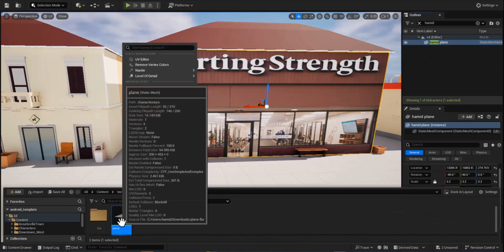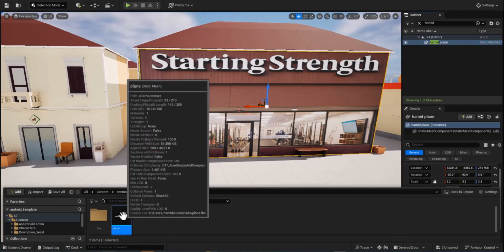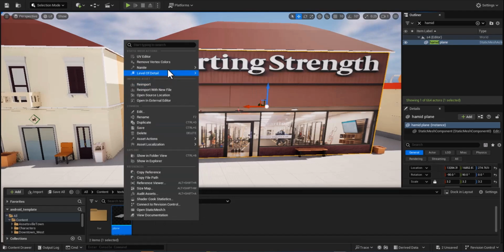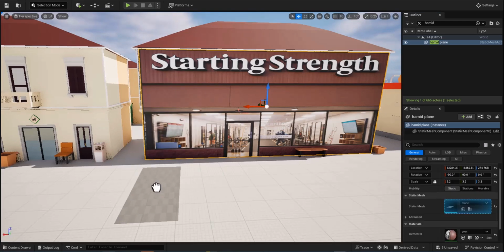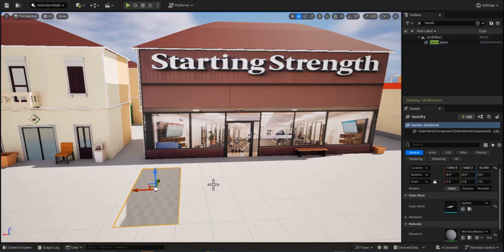So this is the material. I'm gonna duplicate this, right? So let's just call it laundry or something, right? So laundry, I'm gonna put this in my game, and